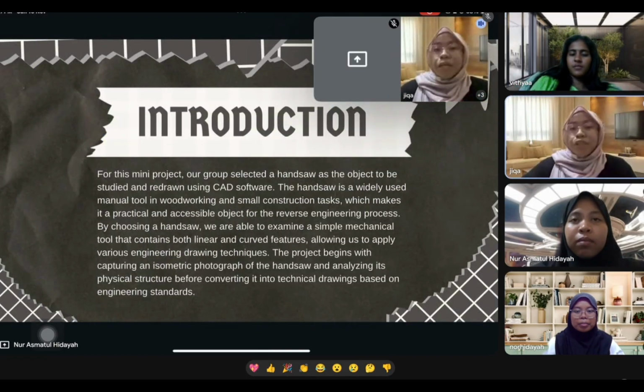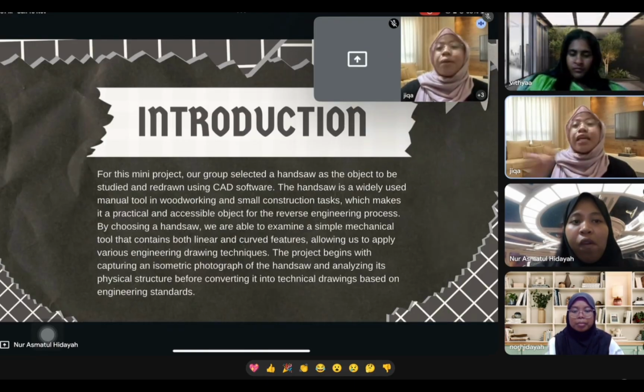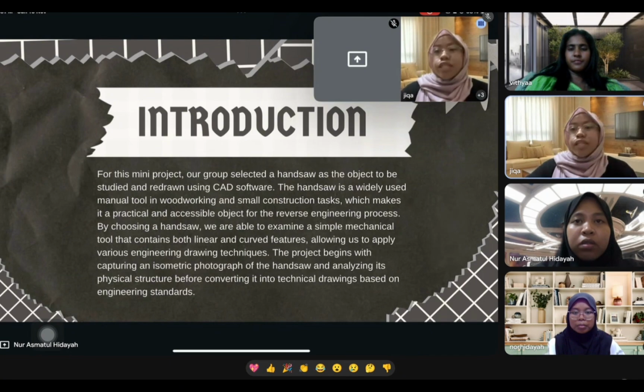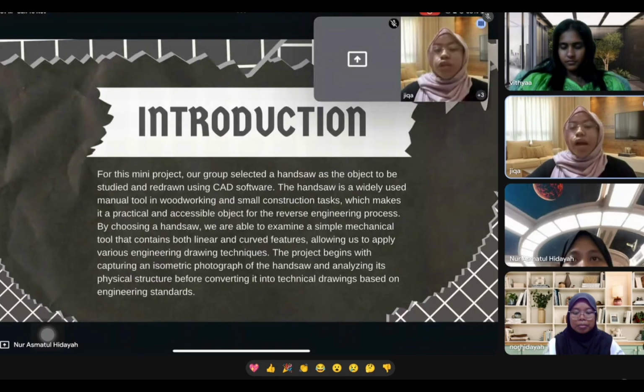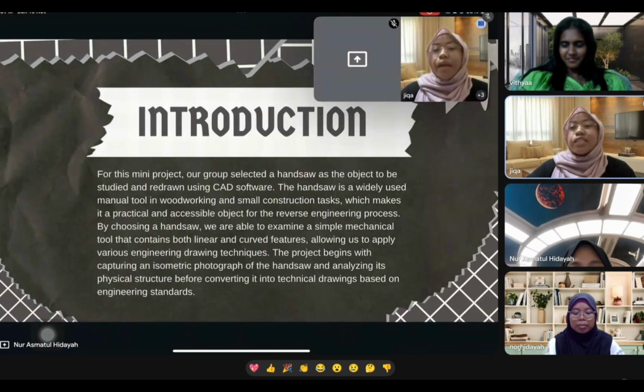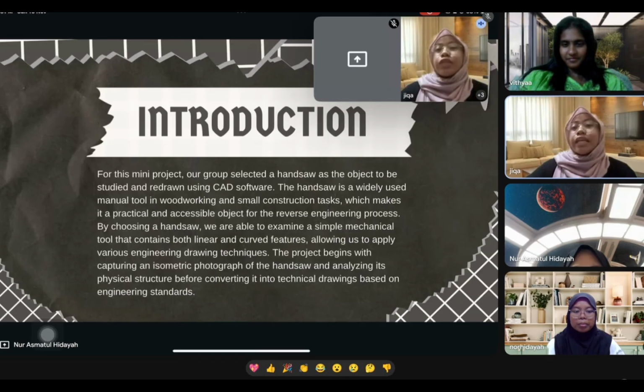For this mini project, our group selected a handsaw as the object to study and redraw using CAD software. The handsaw is a common manual tool in woodworking and small construction tasks, making it easy to observe and measure. By choosing this tool, we could analyze both curved and straight features, which allowed us to apply various engineering drawing techniques. We started by taking an isometric photograph, then measure and examine its structure before converting it into technical drawing